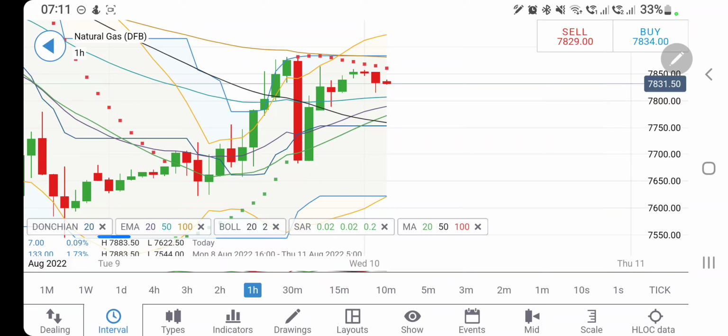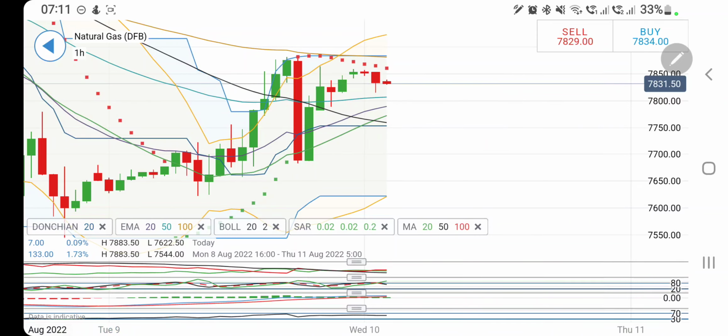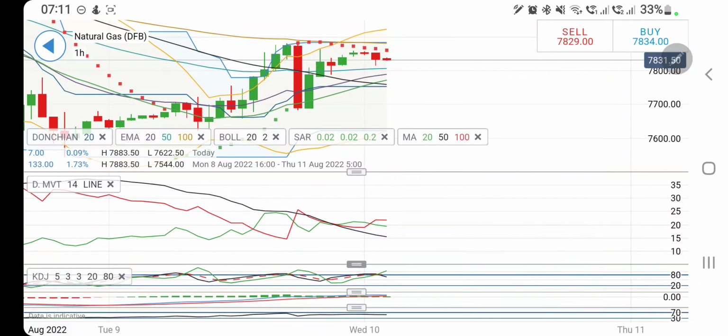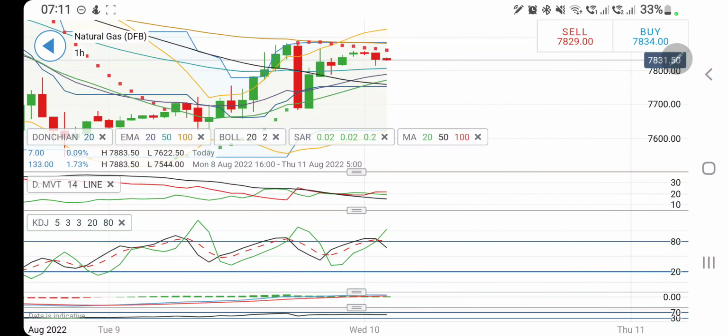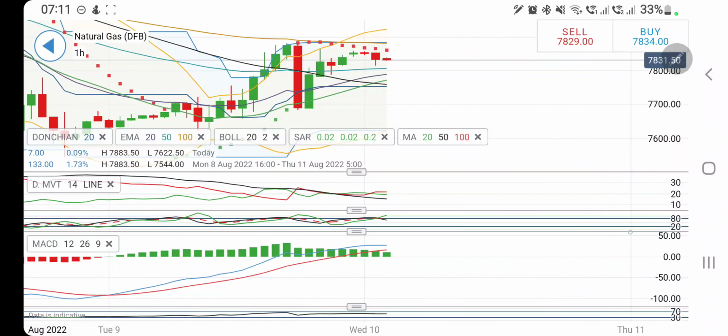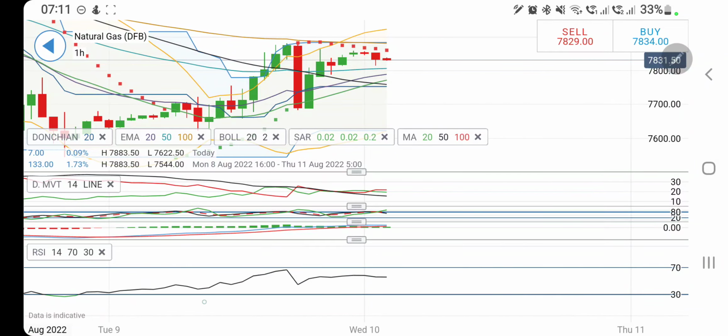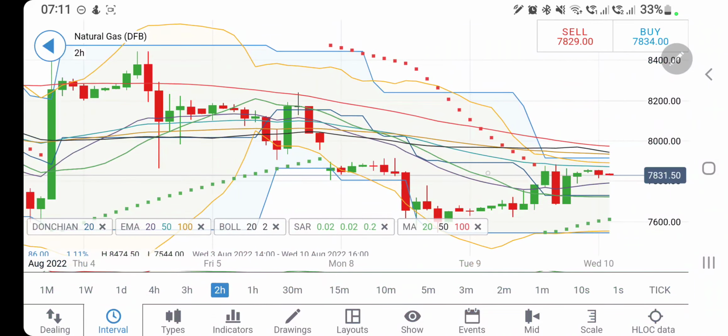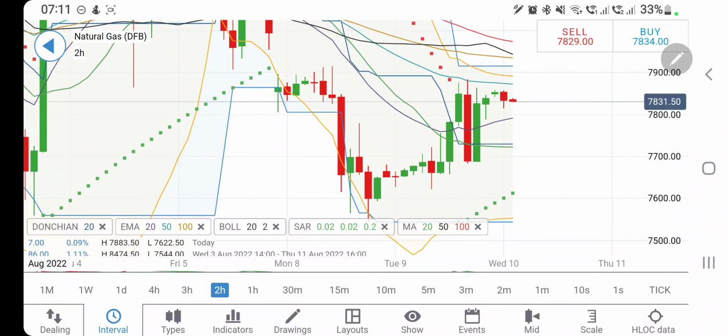see a crash. See, in the long run it is trying to form a support out there, so for the day 7.75 should be a very good support. Directional movement is bearish, stochastic is overbought and now looking downward. MACD is looking to converge, RSI trading flat, and if you look at the 2-hour charts, you will find that higher lows are still there, lower highs are still there, and once it breaks out